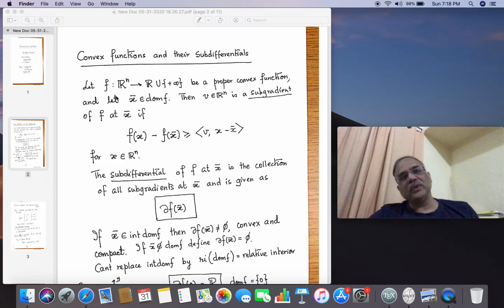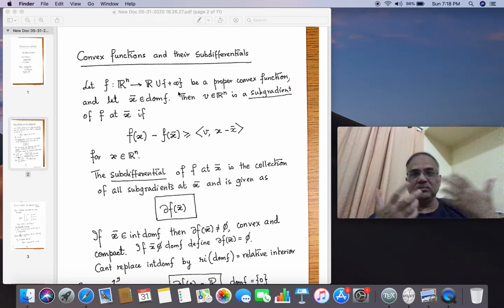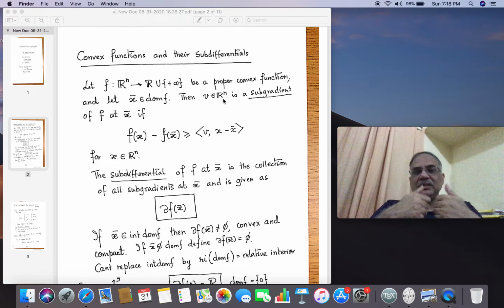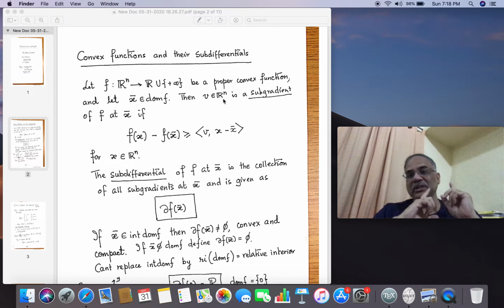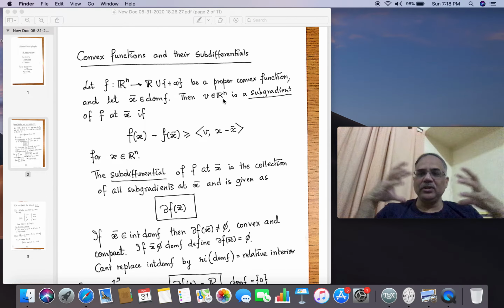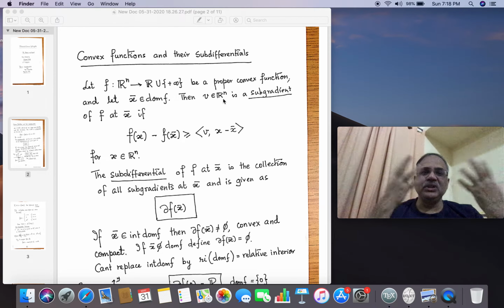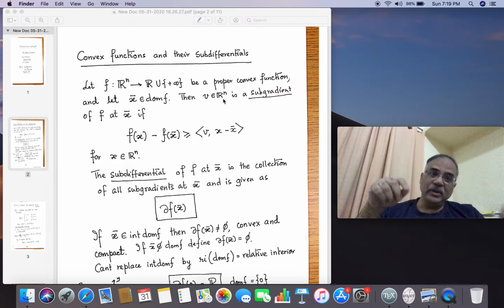we talk about a convex function which is extended valued, and you know that in our last talk we have already spoken about convex functions being extended valued, and that's what's important. That is how the whole edifice of convex analysis is built. Now we consider a proper convex function, that is, a function which has at least one finite valued point, meaning there is one x bar for which f of x bar is finite. So the collection of all such points where f of x is finite is called the domain of f, and in this case we choose a point x bar from the domain,